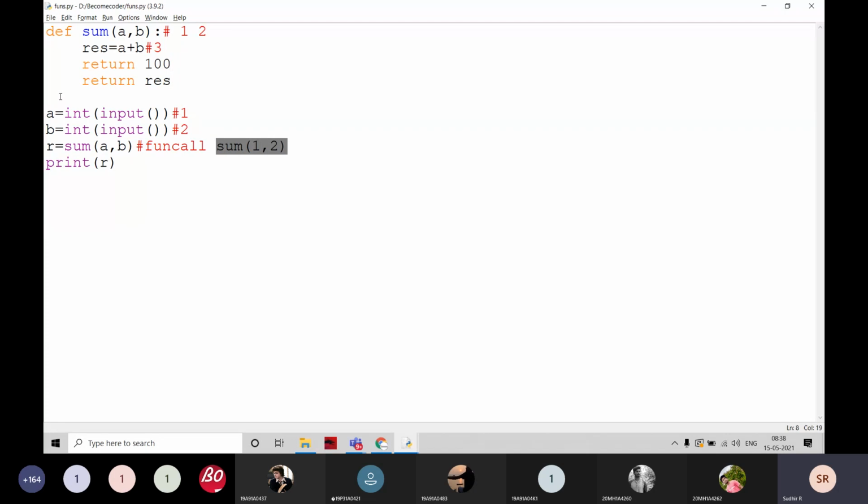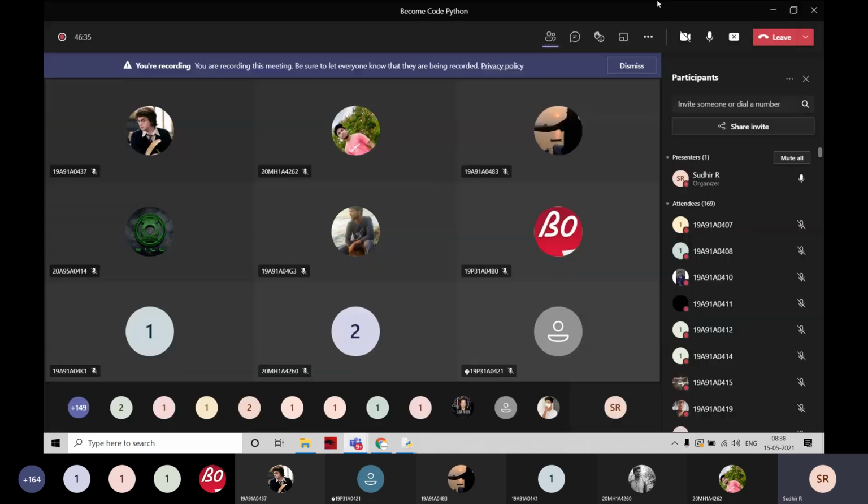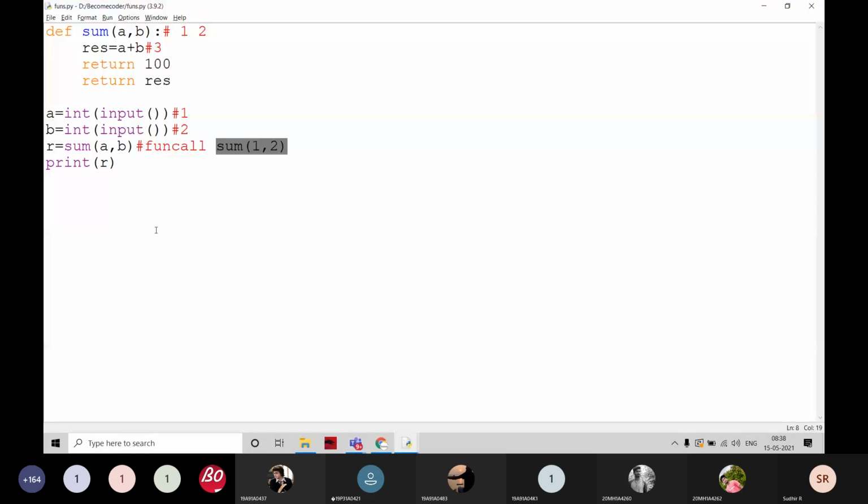Now, if the function call is there, the control automatically goes to the function definition.